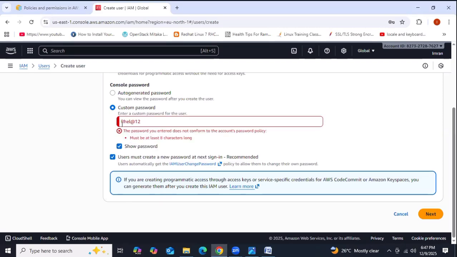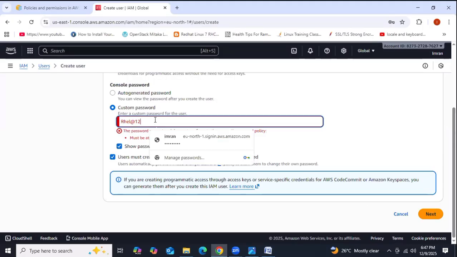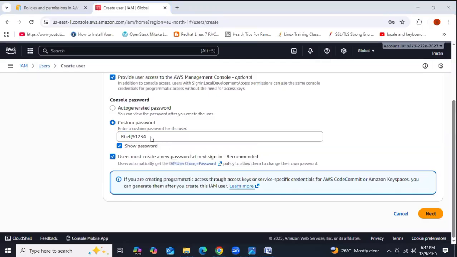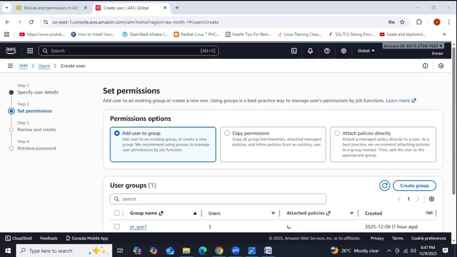I hope you got it. If you click next, it won't accept. Boss, you need to provide 8 characters, then only it is going to create. For example, 3, 4, I am giving. Minimum 8. Maximum, I'll tell you tomorrow, don't worry. Right? So give next, give next. Clear, guys?